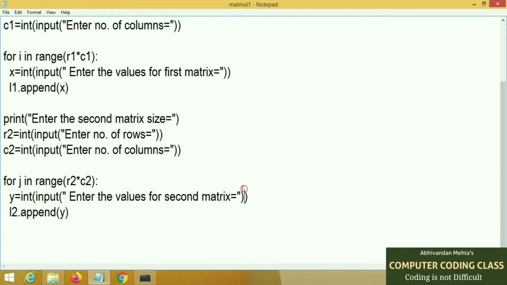Now we will check if the first matrix number of columns is the same as the second matrix number of rows. If both are the same, then we will proceed.